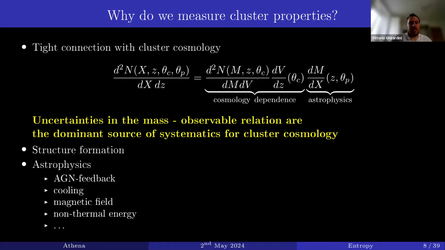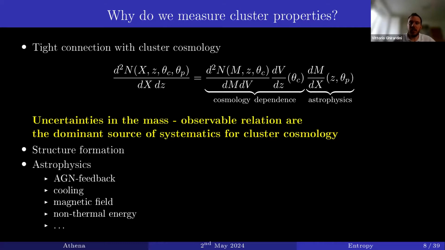However, how you connect theory with the observations is very much dependent on the astrophysical properties of galaxy clusters, as mass is not directly an observable that we can get from galaxy clusters. And therefore, connecting the observable that we get, which can be luminosity, temperature, count rate, or any other actual observable we are able to measure from a galaxy cluster, and its link with mass, which you expect here on the right-hand side term, is really a crucial and fundamental term